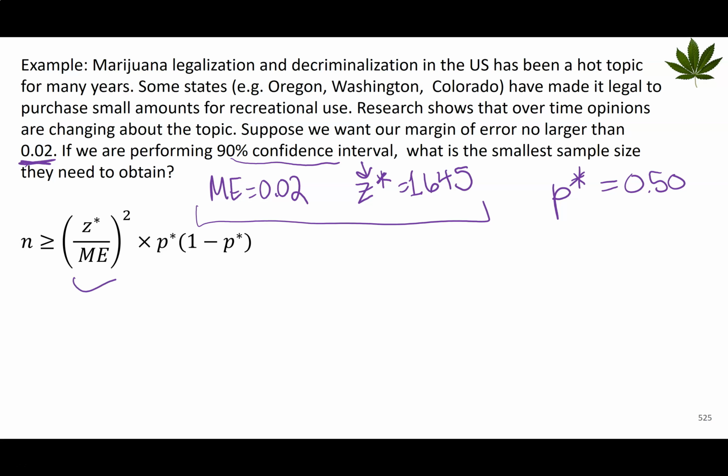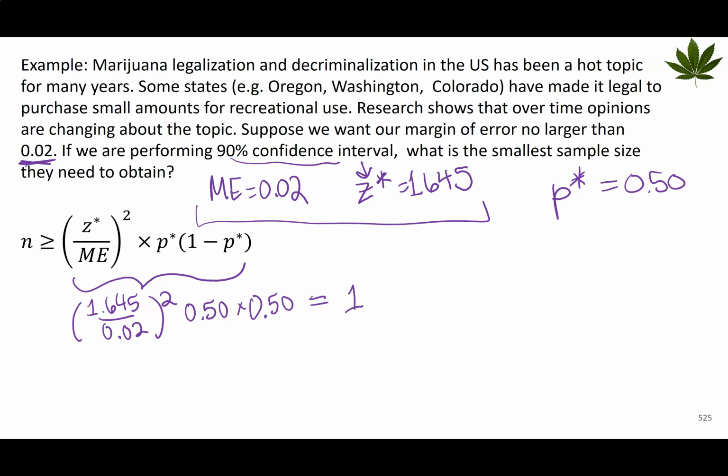So plugging in here, I'm going to do this part first. I'm going to have 1.645 over 0.02, square that, times 0.5, times 1 minus that, which is 0.5 again. Plugging that in, I get something like 1,691.266. So my sample size needs to be greater than or equal to